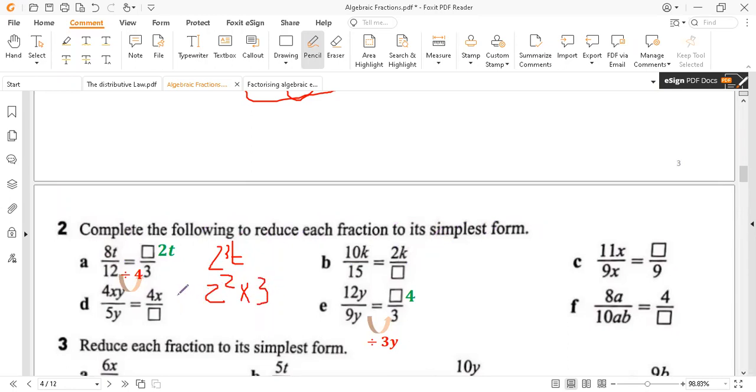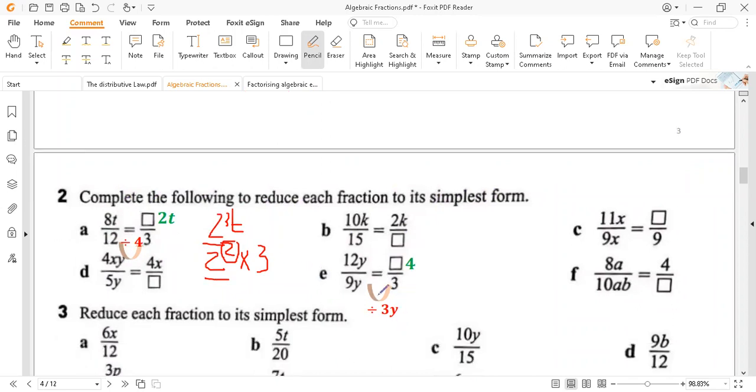So the highest common factor is the common factors with the lowest power. So we have 2 squared only. So 2 squared is 4. So we divide both numerator and denominator by 4 to obtain